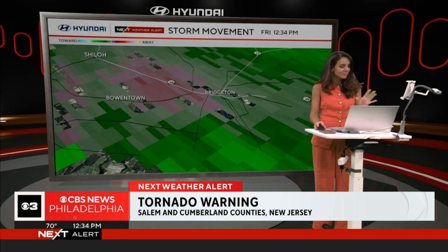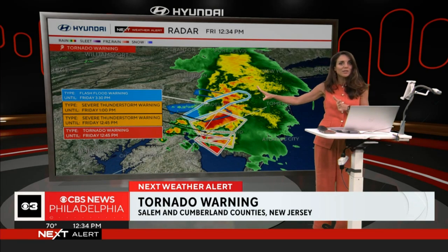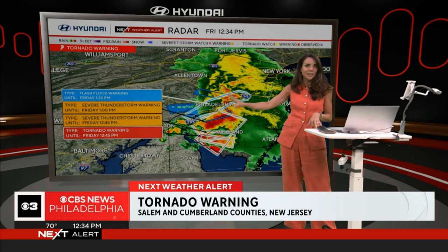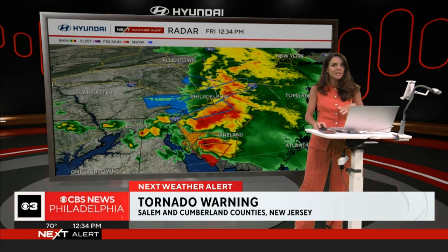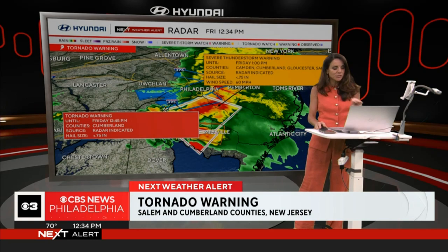And again, we have not only this tornado warning storm, but look at all these warnings. Flash flooding, which of course is incredibly dangerous. You do not want to be driving in the Philadelphia area, the greater Philadelphia metro area. Intense rainfall and flash flooding happening as we speak. Also further south, a number of severe thunderstorm warnings. And keep in mind, any one of these severe thunderstorms can also produce damaging winds, power outages, and very dangerous conditions. But of course, the